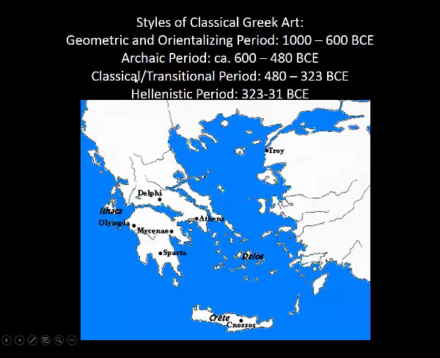Subsequent lectures will cover the classical transitional period. There will be a lecture set aside solely to cover the Athenian Acropolis, and then we have art that's produced under the Hellenistic period. You can see from the map that I have here on the screen that Greek art